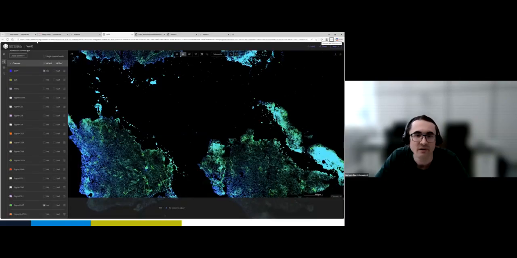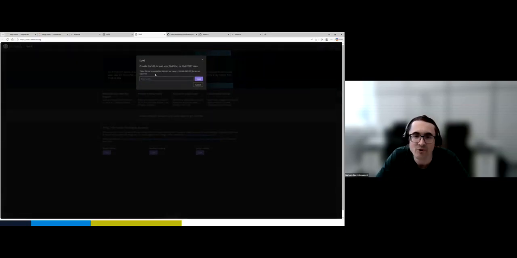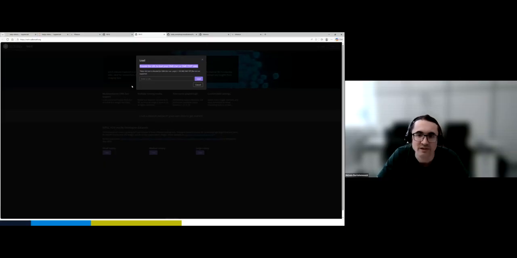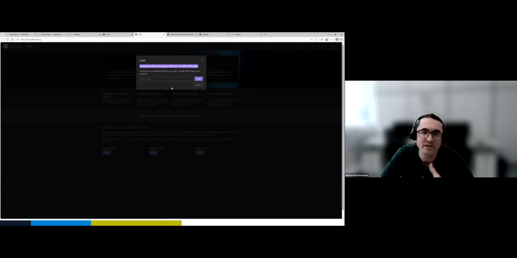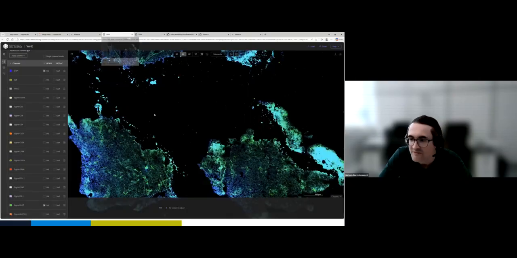here. So here I have the viewer. This is the main page, and the way it works is that one can provide a URL to load the OME-Zarr or your OME-TIFF data, and here again an S3 bucket would be the ideal way to share, and to cut a little bit on the loading time, even if it is quite fast. I have it open